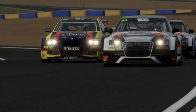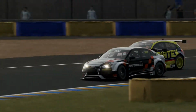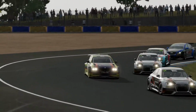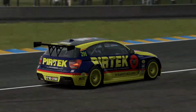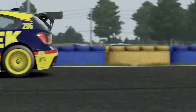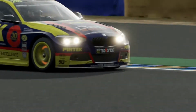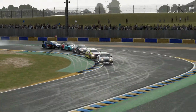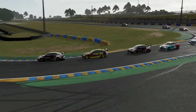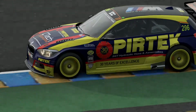You can see I tried to get up the inside through that long right-hander, but on the exit he has pulled clear ahead. And well, we've been in this situation before, haven't we? A very long and arduous race 1. We've gradually closed the gap down, went for an overtake, it didn't work, gap grew again, and had to try and close it down again. And let's just say I'm quite used to staring at the back of this particular car,